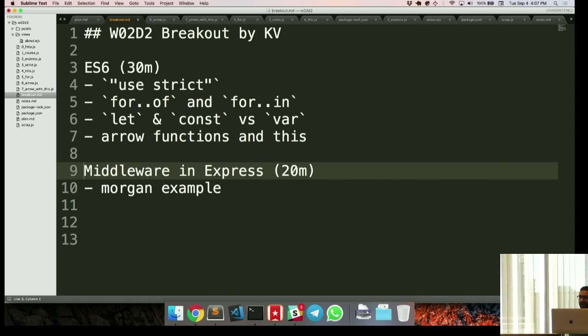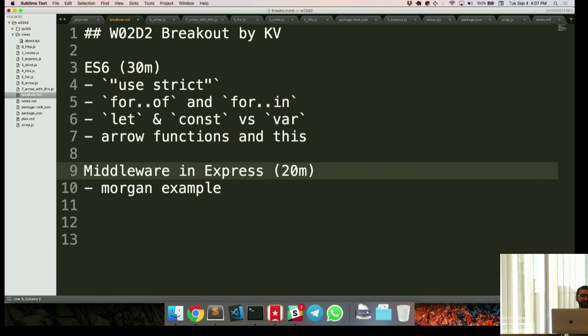Is that okay? Cool. So takeaways: start using use strict in your files. You might as well. Hopefully nothing will break when you start doing that. It'll just be a string that you include at the very top of each JavaScript file. And unless you need the index of the array that you're looping over, use for/of. And instead of var, use let.